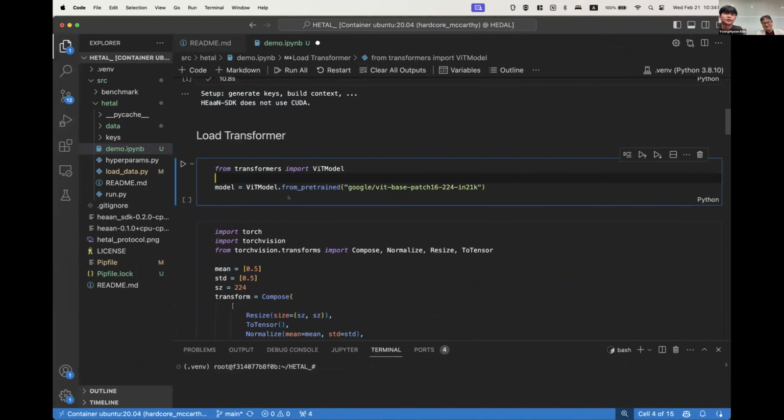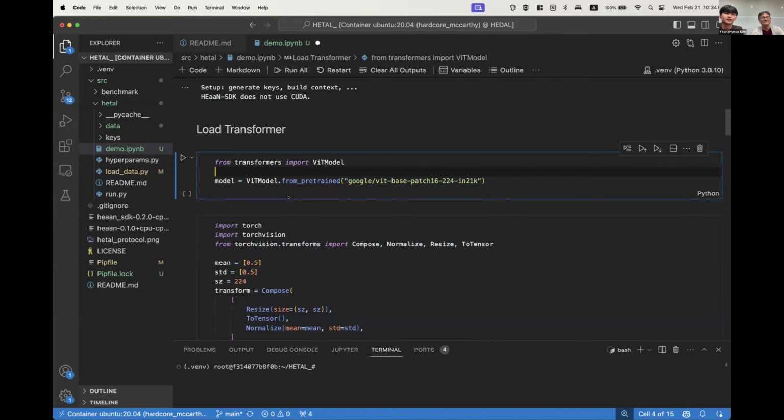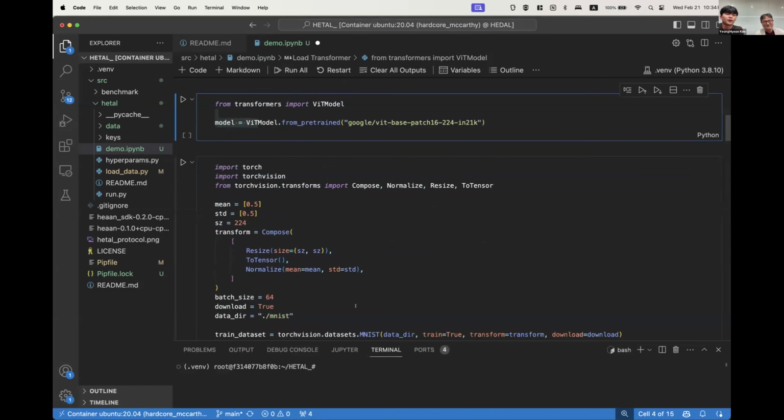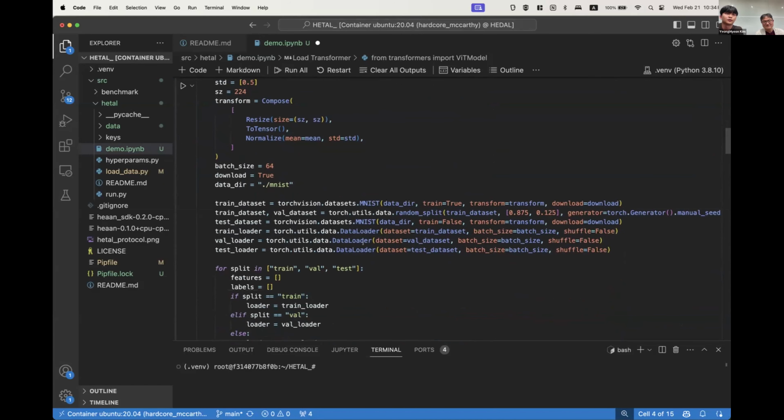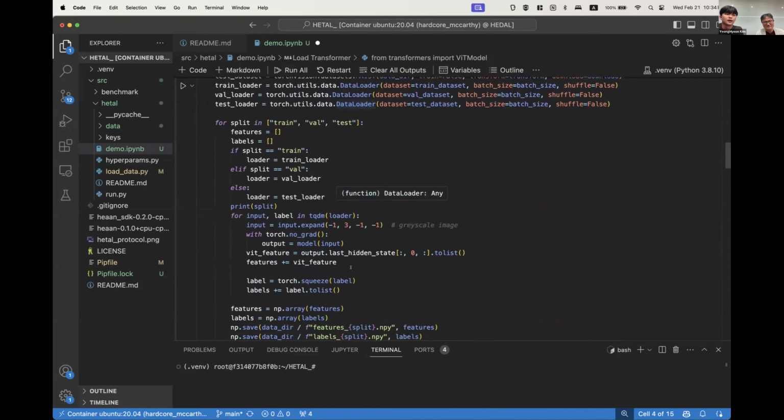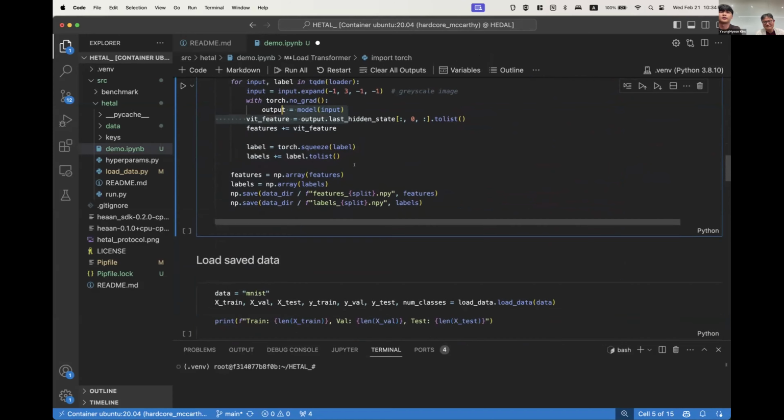In this demonstration, we use the vi model to image clip for image classification, but you can switch it to various models to fit the data you have. And I will demonstrate by classifying the MNIST file as an example. So download the MNIST file and extract the features. This was also made and saved in advance.